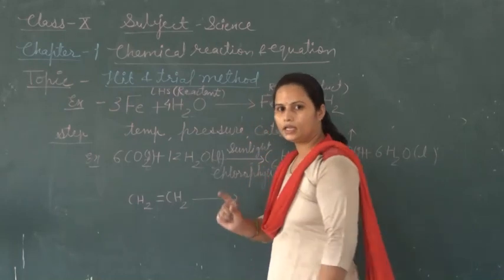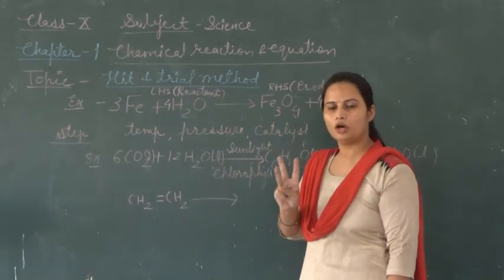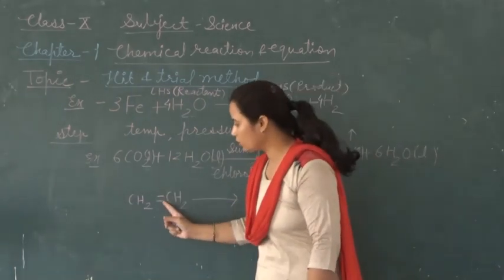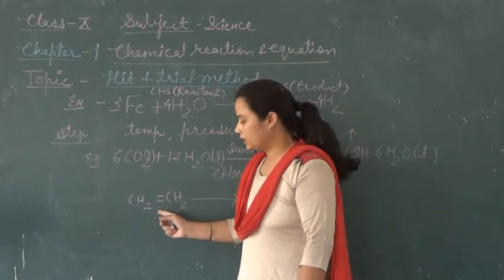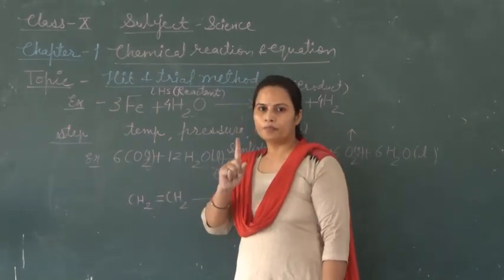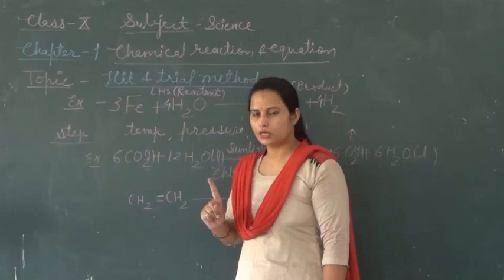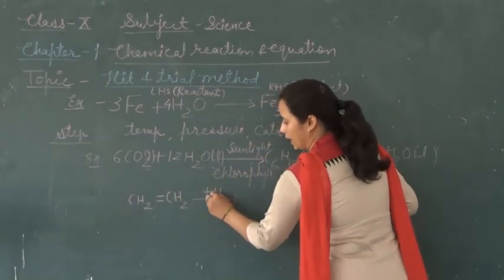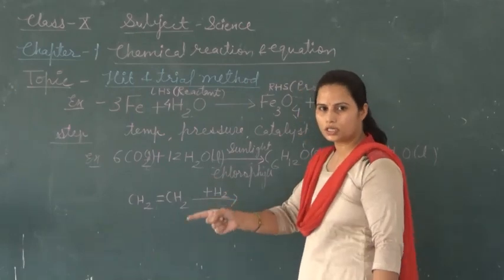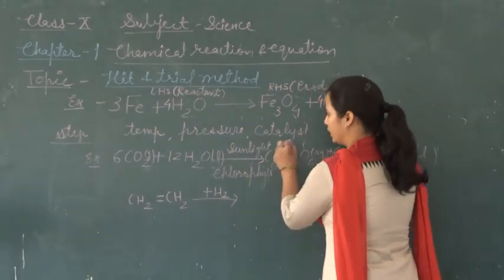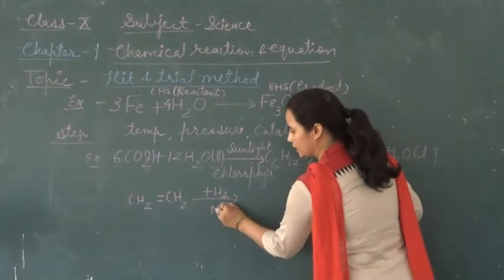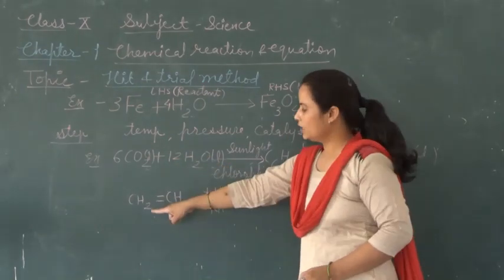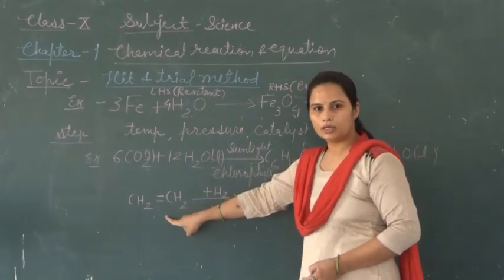If any compound has a double or triple bond, it means, as you can see here two lines or three lines, it is unsaturated. If a single line is seen, it means it is saturated. Unsaturated hydrocarbon. In the hydrogenation process, hydrogen is added, but it requires a catalyst. Nickel is added to the unsaturated hydrocarbon.